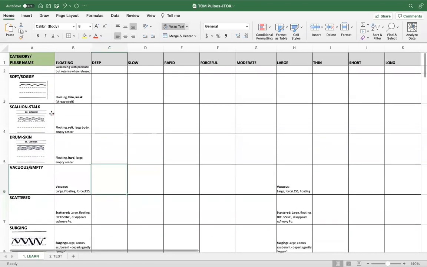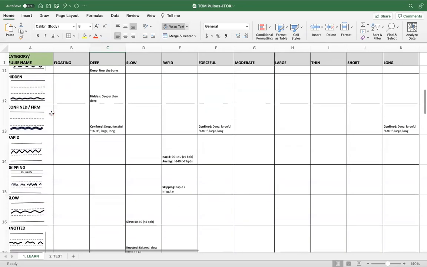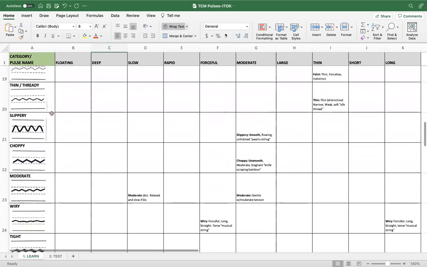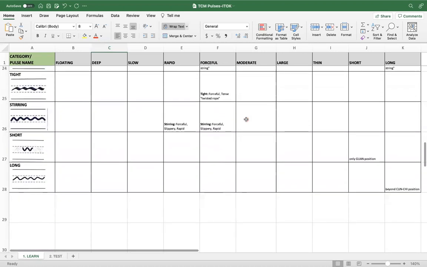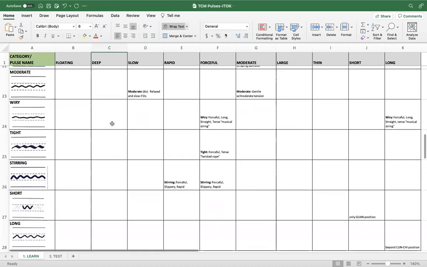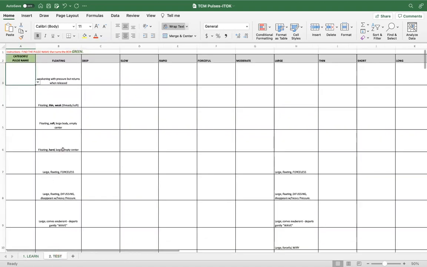And then we do the same with the other pulses, the 28 that are here. You can see that some of them share different categories, like slow and moderate, and this will help us memorize them very quickly. When you are done memorizing this, which took me a few days,